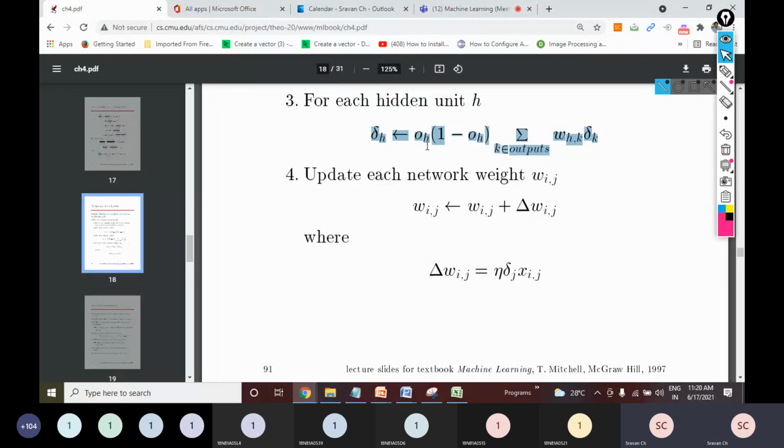So n into delta j into xij means I am multiplying the input with the delta j part. Delta j represents the cost function's output computed at layer 3. We multiply that with a small learning rate to compute our new weight delta, which is added to the existing weight. So I get a new set of weights, which I apply again to the neural network. I will see what the error is, and this process continues until we get convergence. So this is the backpropagation algorithm.